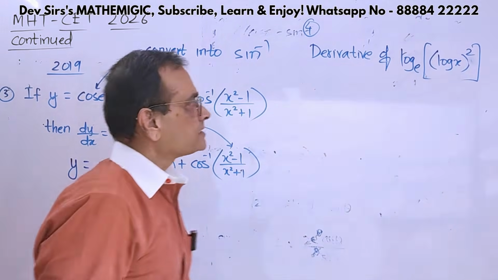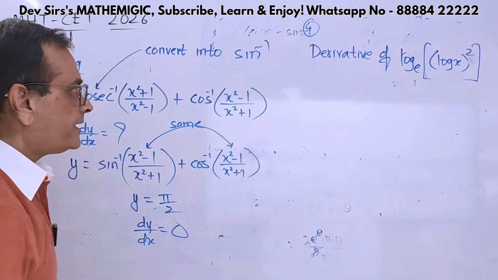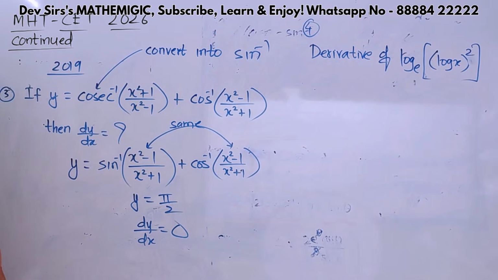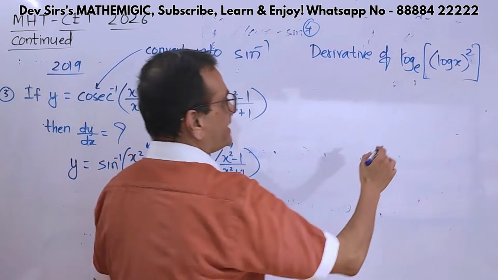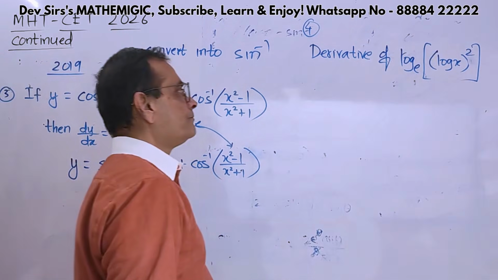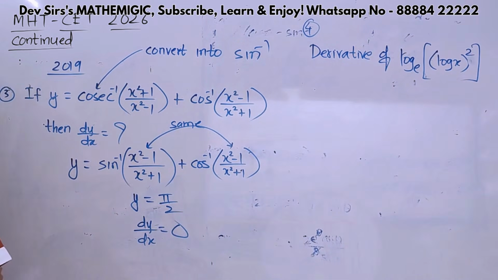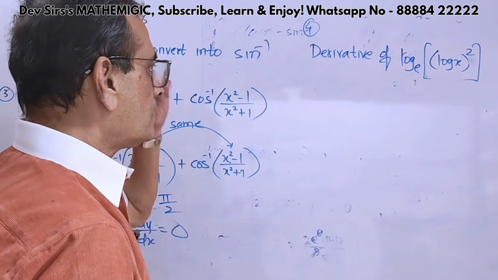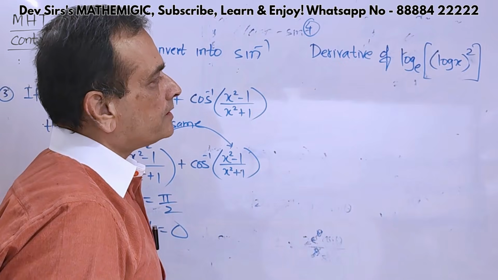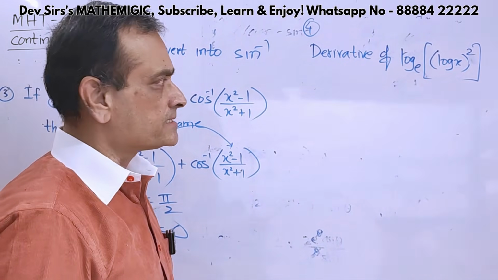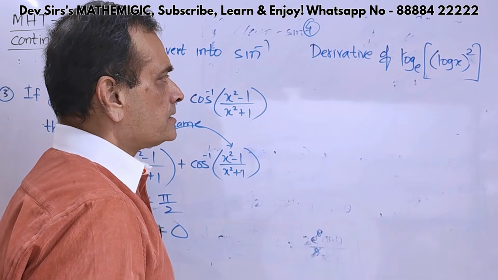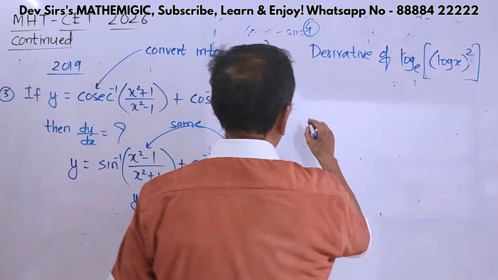This derivative is asked. Okay, derivative of (log x) whole squared to the base e. Okay, derivative means we want dy by dx. Okay, so let's write y is equal to